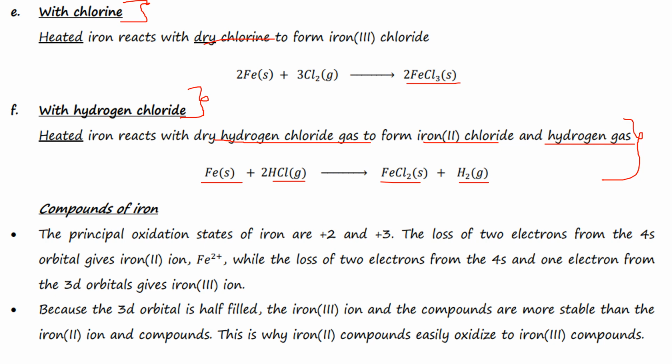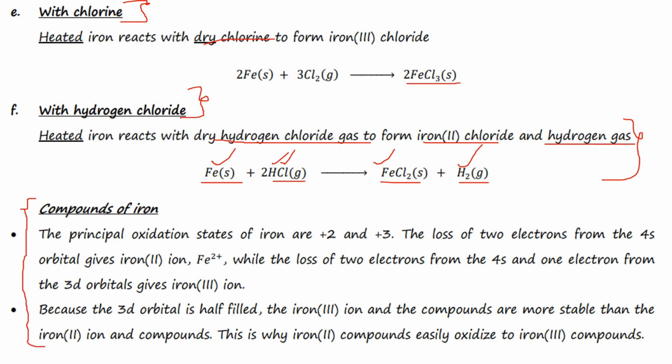So to balance the equation, you follow the same procedures. Balance the metal first, balance the chlorine, and then lastly you balance the hydrogen atoms. Lastly, now having looked at the reactions that are involved with iron, let's look at the compounds that can be